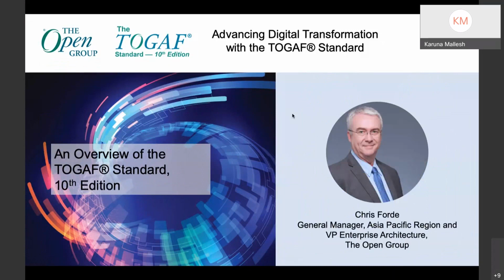So it builds on the previous edition, expanding the guidance available to architecture practitioners to make the adoption easier. And it's organized into TOGAF Fundamental Content and TOGAF Series Guides. The fundamental content provides the core concepts and practices, while the series guides cover pragmatic best practices on topical priorities. And it would also help if anybody wants to do the TOGAF 9, they can go ahead and do it, because we're going to be providing a bridging learning path to go to the 10th edition. So I hope that helps.